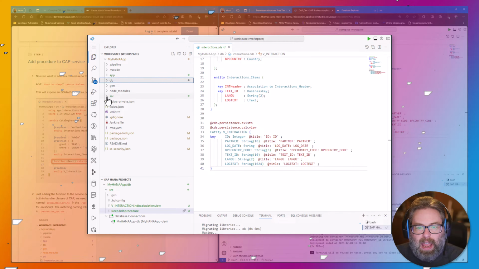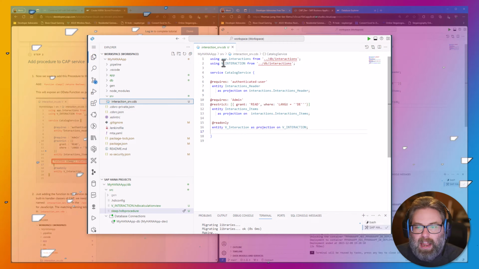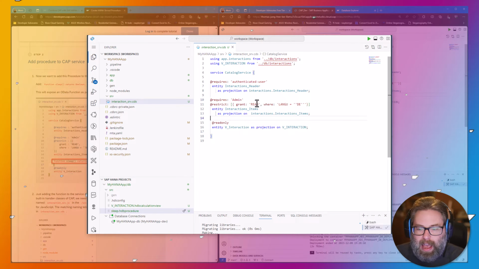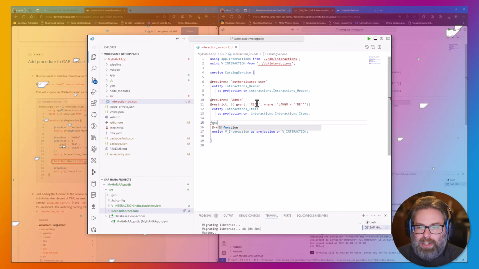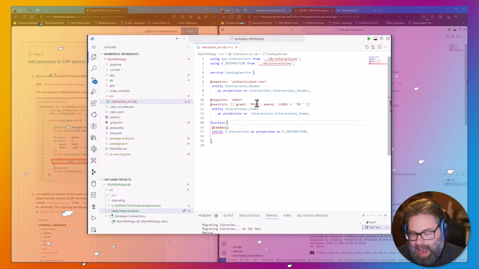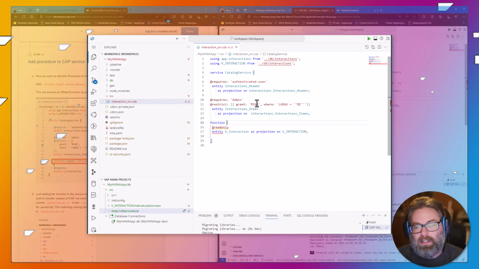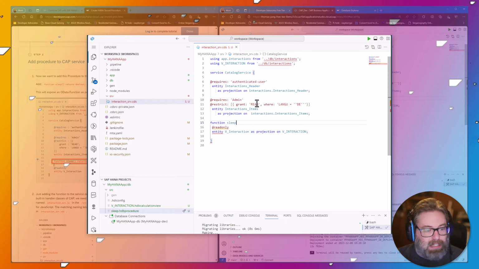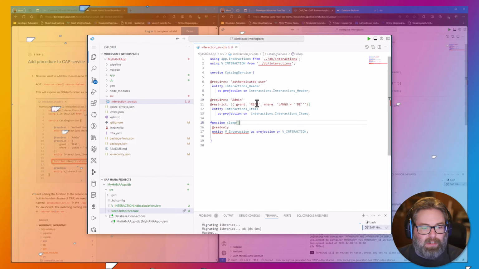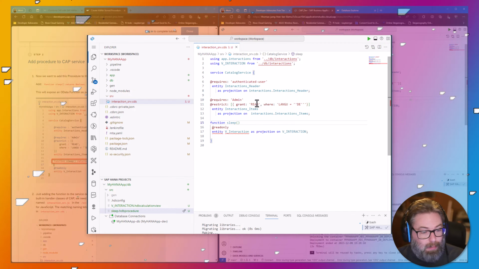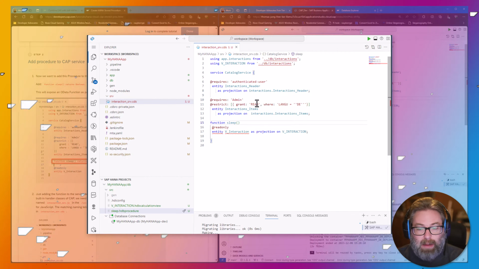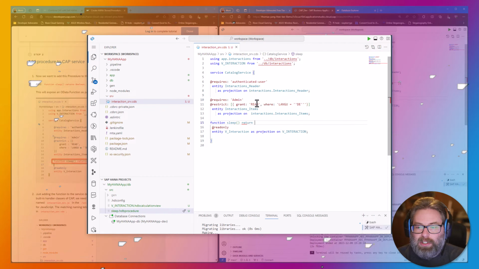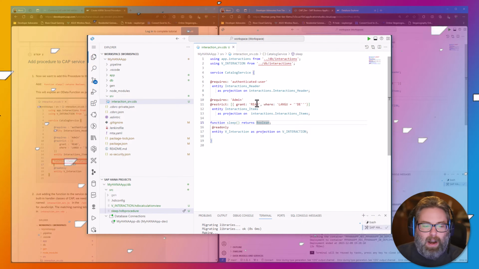So let's go here instead to the SRV and the interaction SRV. And we want to add it directly here in the definition as a function. A function and an action are executable endpoints defined in an OData service directly. And that's what we're doing. We're adding something that doesn't exist in our data model. We're adding it directly to the service itself. We're just going to call it sleep. We could have named it anything we want. It doesn't have to match the name of our underlying stored procedure. And we're going to say what it returns. We're going to expect a Boolean return. Returns Boolean. There we are.